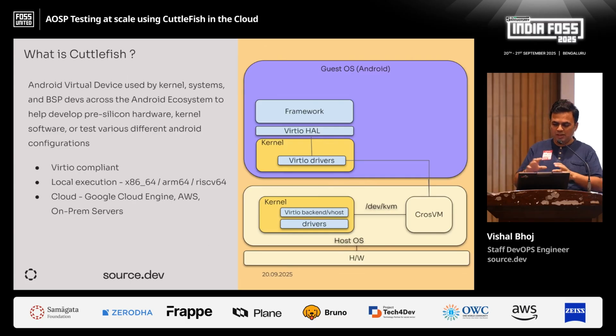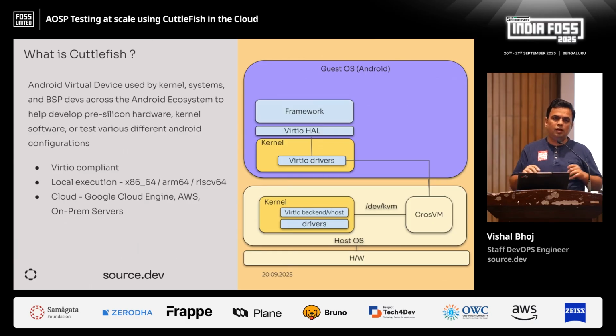This is a block diagram. I've tried to capture it. You have a native hardware. You can take it as your laptop on which you're running your host operating system. Could be Linux, or you could have your own hypervisor. And Cuttlefish will use something called crosvm. This was developed by Google for the Chromium project to run Android apps on top of it. It's a virtual machine monitor, VMM,